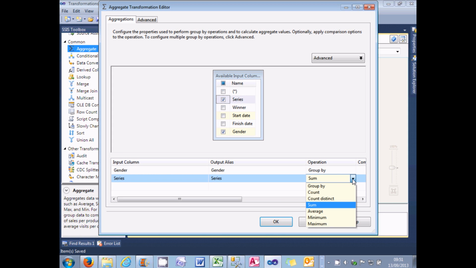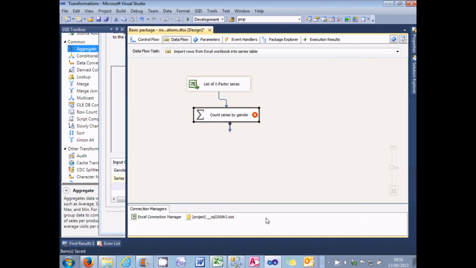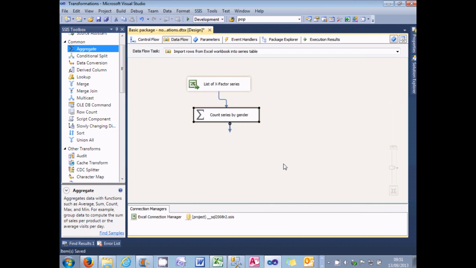You can see, having grouped by gender, I can perform a number of different statistics. What I'm going to do is to count how many series there are. It also makes sense to change the output alias, the name of this output column. And I'm going to call it number of series, because that's what it actually is. So if I then choose OK, my red cross will disappear, and I could now run this package,